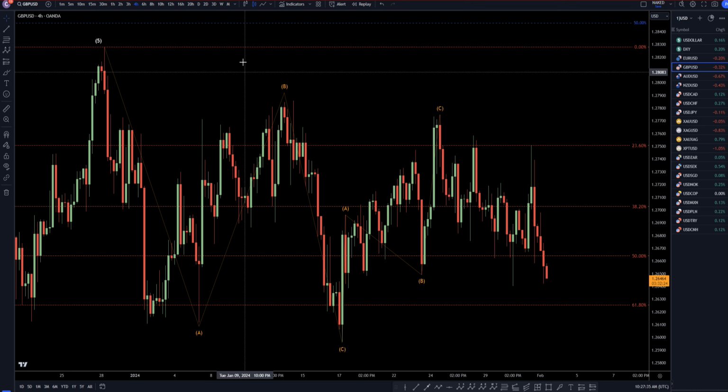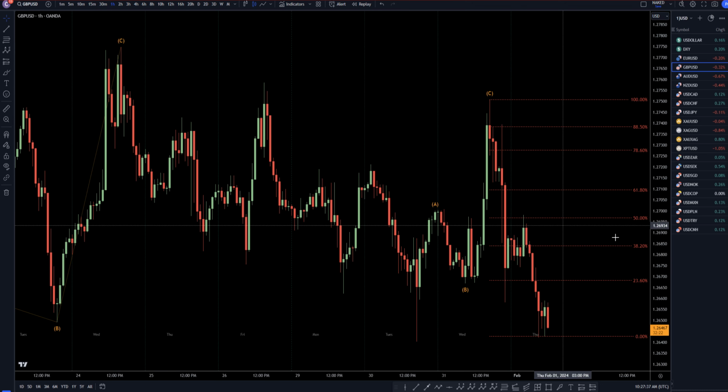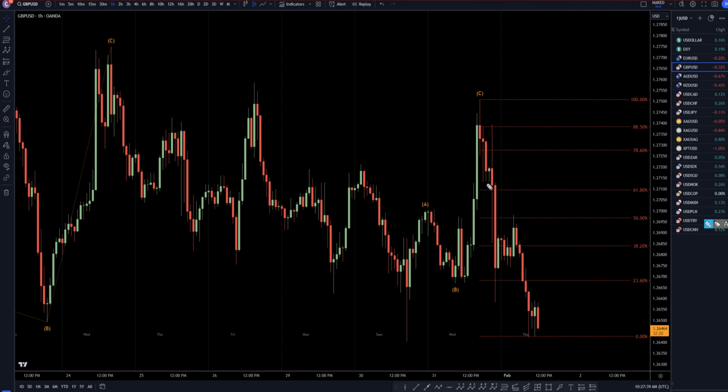So let's take it right down to that 1 hour time frame. On the 1 hour time frame, we do have a little bit of a five-wave pattern right here. We have a little one, two, three, four, five shape right here. Now, there's definitely no break of structure to the upside, or really any reason to think for sure that this is going to go up, and it might as easily just keep on going down. But I hope that it does go up, especially with these five waves right here. It does seem pretty likely that a pullback may happen.